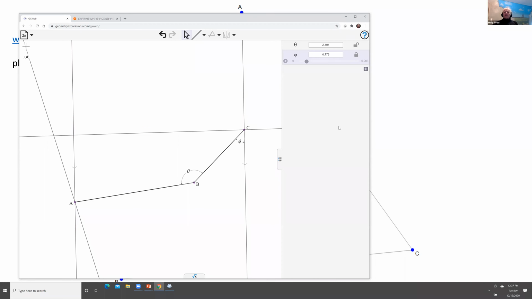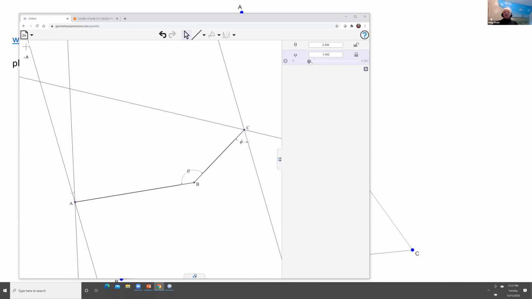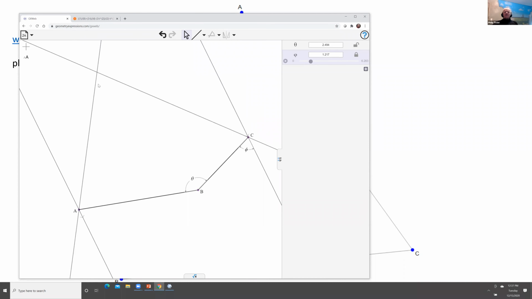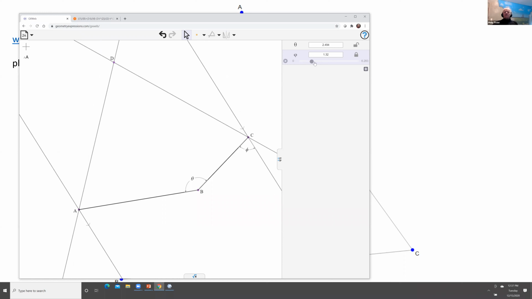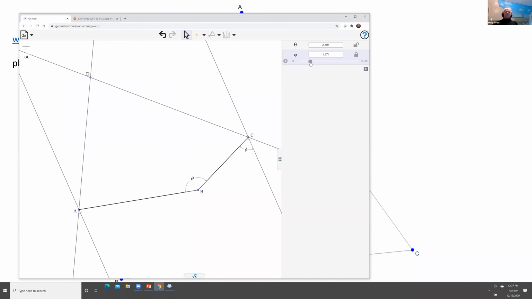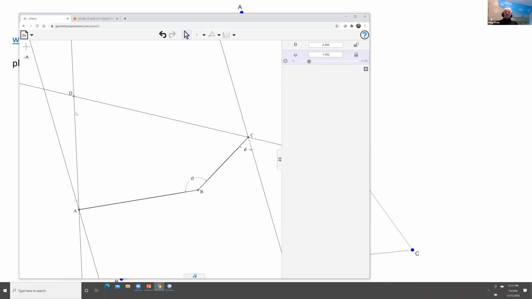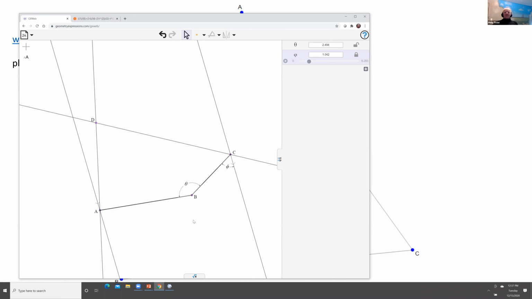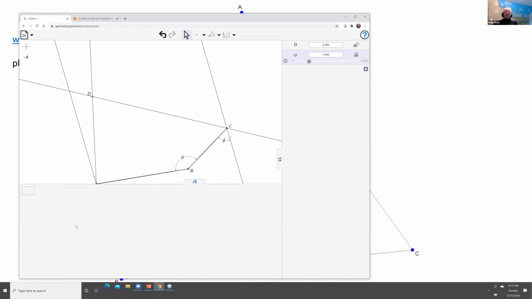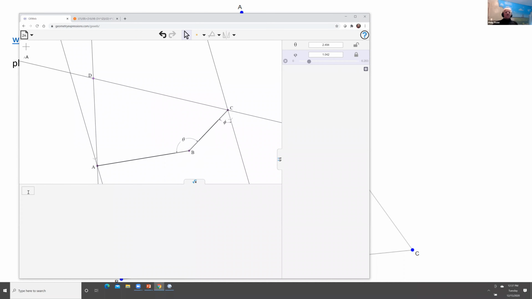Now I would like to alter my phi a touch just so I get a somewhat cleaner location for the intersection. And let me create the intersection there. So that is the point that I'm looking for the locus of, this intersection as phi varies. Well, if I'm looking at it carefully, I can actually notice that this angle doesn't look like it's changing. And so rather than look for the locus, what I'd like to do first is actually just look for the angle. So I'm asking for the angle